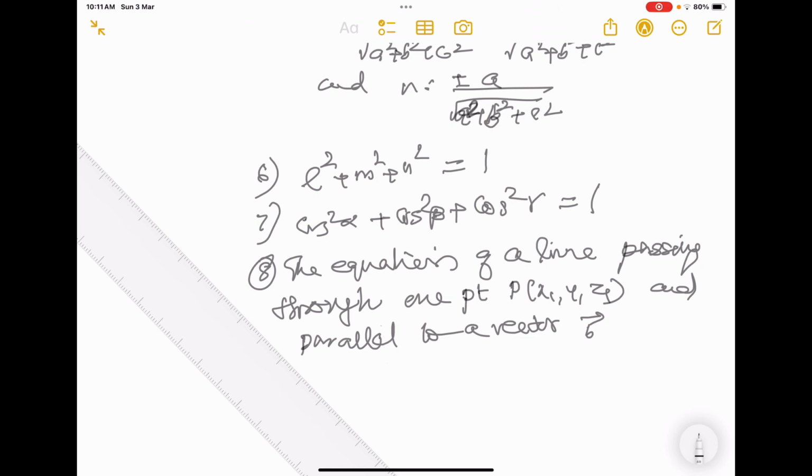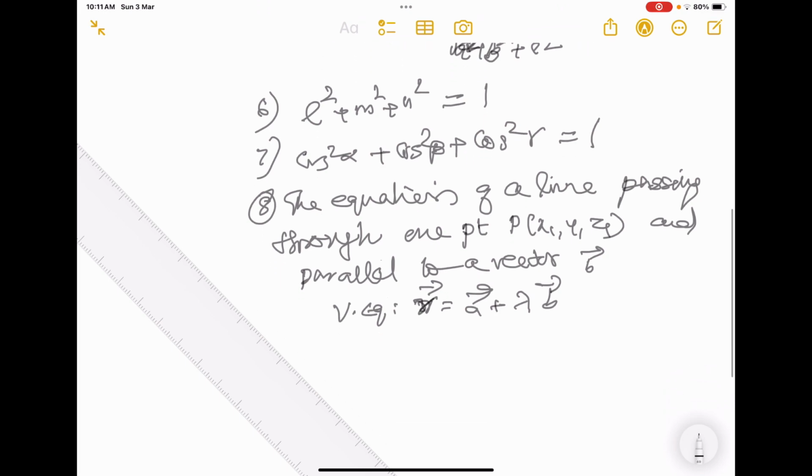There are two forms, vector equation and Cartesian equation. Vector equation, denoted by VEQ, is vector r equal to vector a plus lambda into vector b. And the Cartesian equation, denoted by CEQ, is